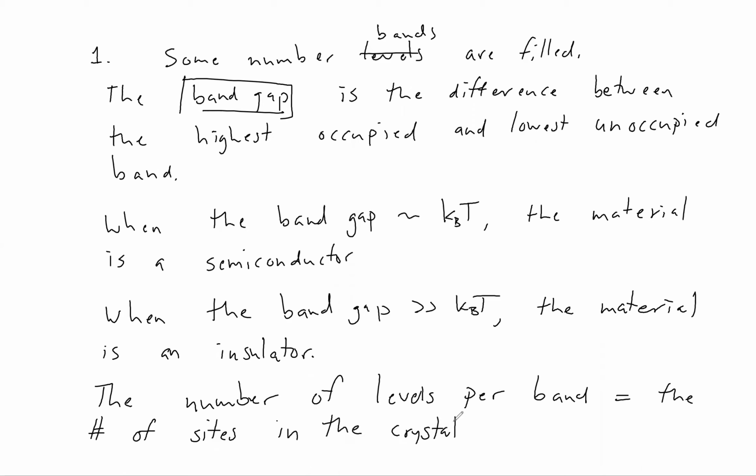So here I'm using the term level to refer to a single value of k, an allowed value of k. The total number of allowed values of k in the first Brillouin zone is equal to the number of sites